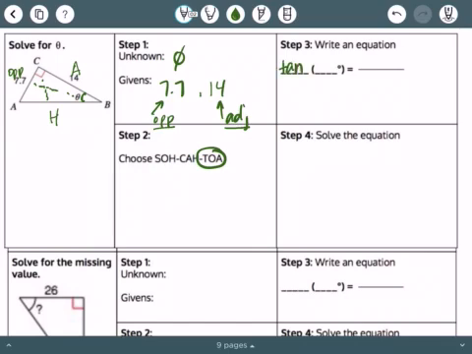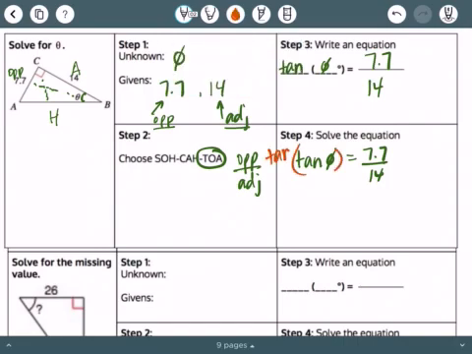So I have the tangent. I need to know theta, right? And it's opposite over adjacent. So my opposite was 7.7, my adjacent was 14. In order to solve this equation, I need to take the inverse of tangent, which is the tan inverse. Use that button on my calculator. I'm going to cancel here. Theta is equal to inverse tangent of 7.7 divided by 14,